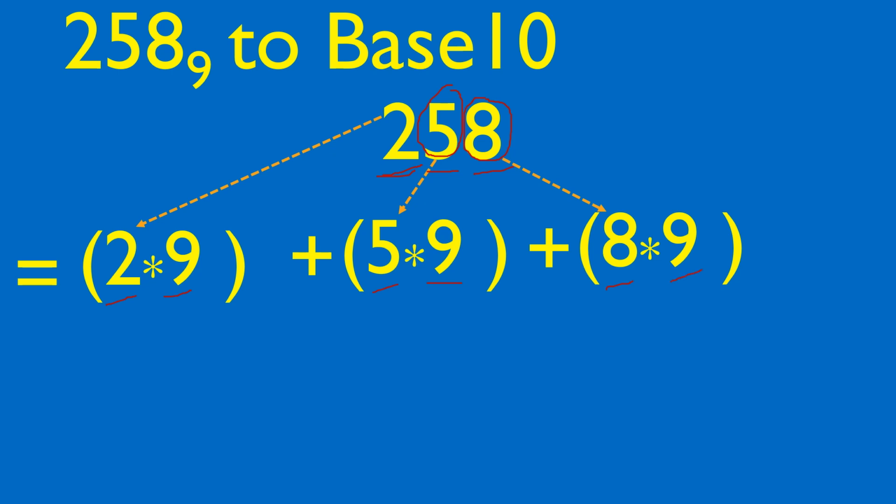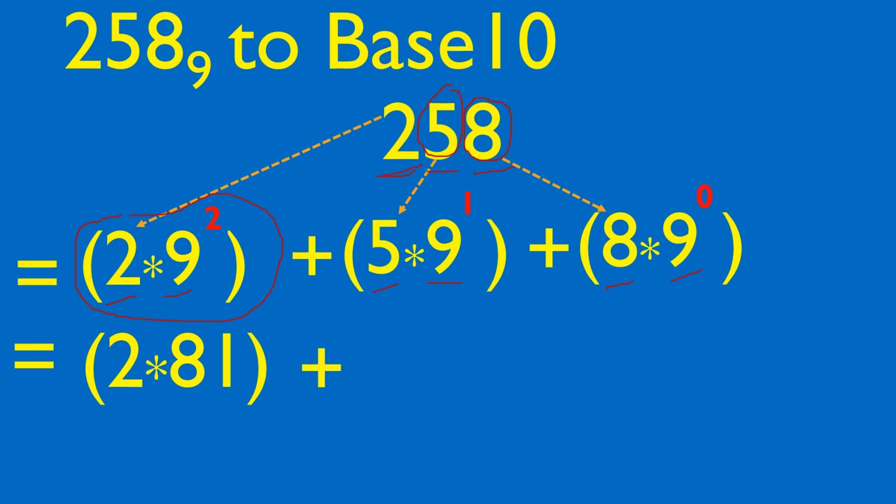The next thing to do is to assign exponents to the base. And we start from the right hand side. So we assign 0. So it will be 9 raised to the power 0. The next one will be 9 raised to the power 1. Then we assign 2. So we keep increasing from the right hand side to the left hand side. Now that we have done that, we will simplify. So our first value here becomes 2 times 9 raised to the power 2. 9 raised to the power 2 is 81. So what we are saying is 2 times 81